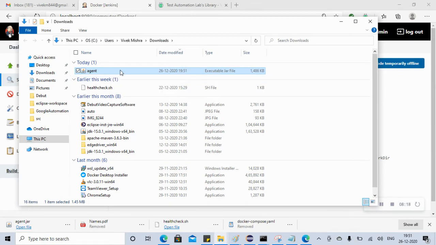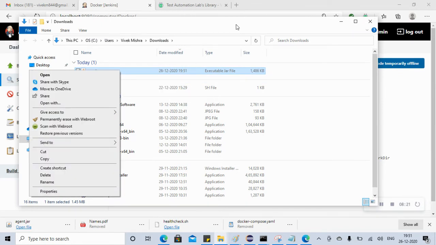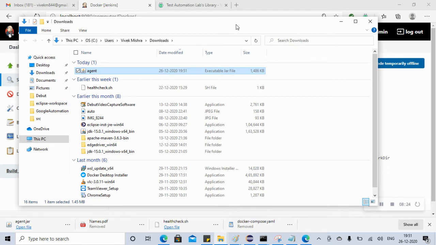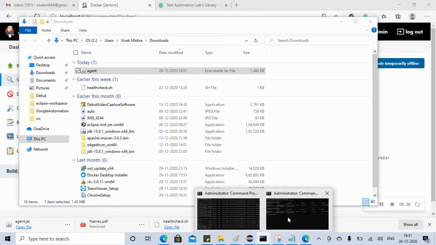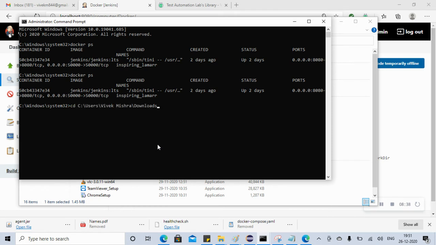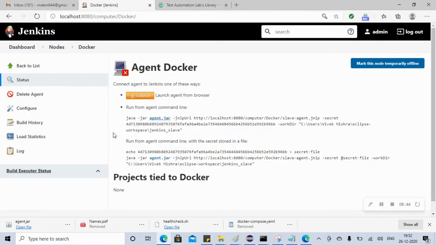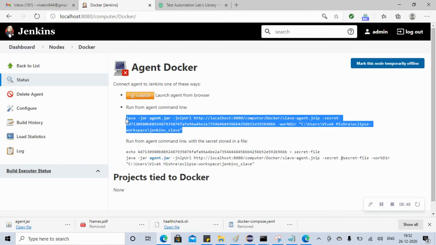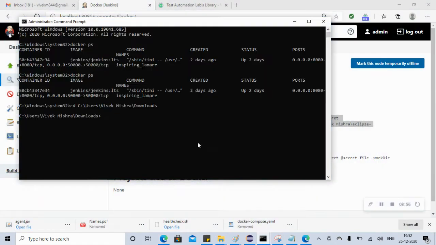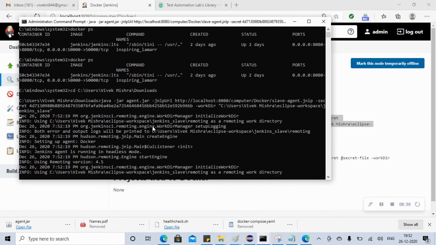So let's copy it from here maybe, or you can keep it here, doesn't matter. But what we have to do is go to the command prompt in the same place where we have it. So you can run this agent by going to this path in the command prompt. Let's go to the command prompt here and say cd, space, this path, and then you can just copy this command here. If you execute this from this command prompt where we have this agent, like this, and say enter, so now